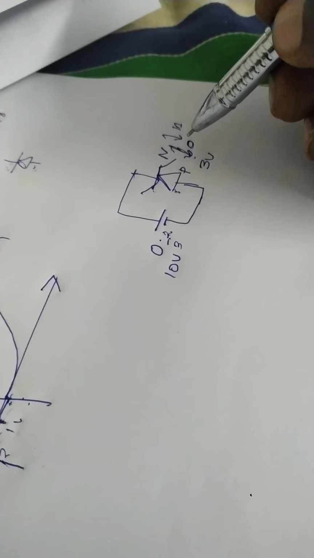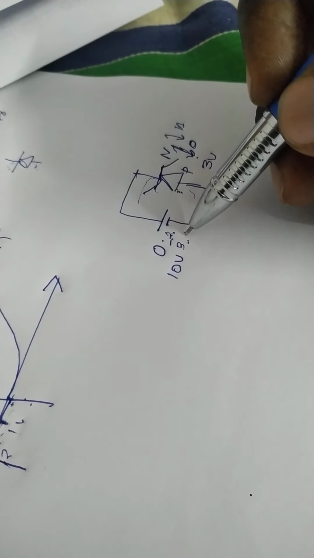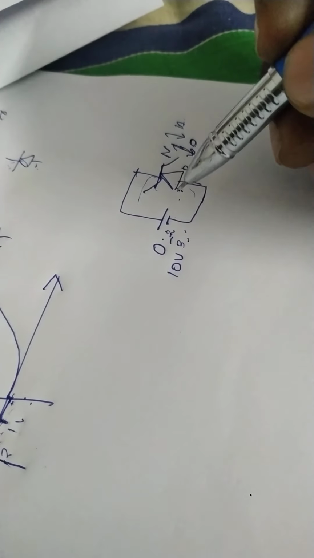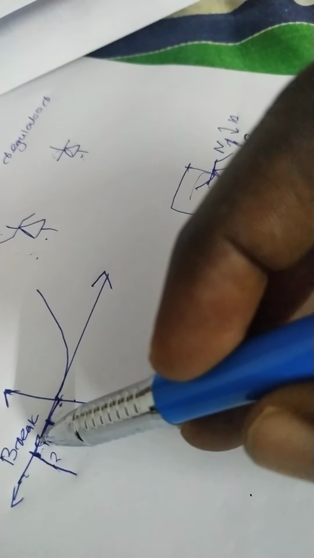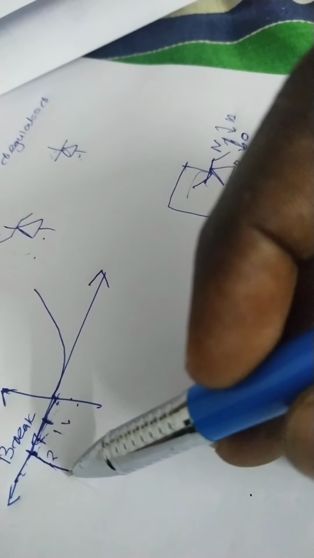That is, current starts to flow, and the current flows through from this point to this point, but the voltage is only 3 volts. When the voltage is again 4 volt, 5 volt, 6 volt, for all other increased voltages, the voltage across this Zener diode is only 3 volts, but the current increases like this. For voltage increases beyond this point, that doesn't reflect across the Zener diode, the current increases rapidly.